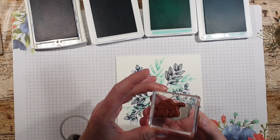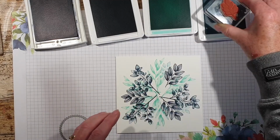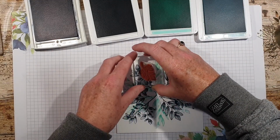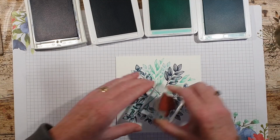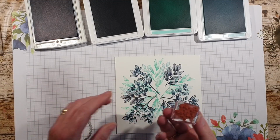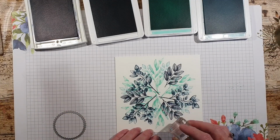And then I've got these two little stamps, and I'm just going to pop those. I've got two on one bit here. I'm just going to keep twisting round, and I'm just sort of filling in a little bit. Lovely. And then I have got the little sort of speckled bit, and I'm going to use that, but I'm going to stamp off